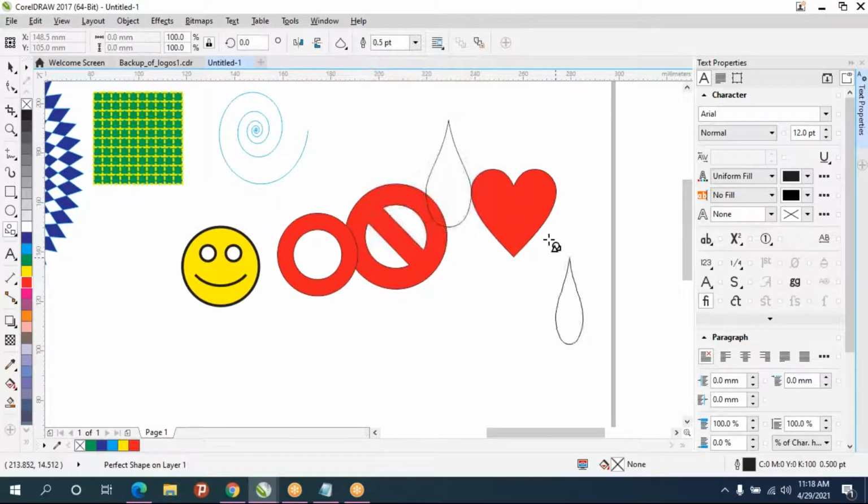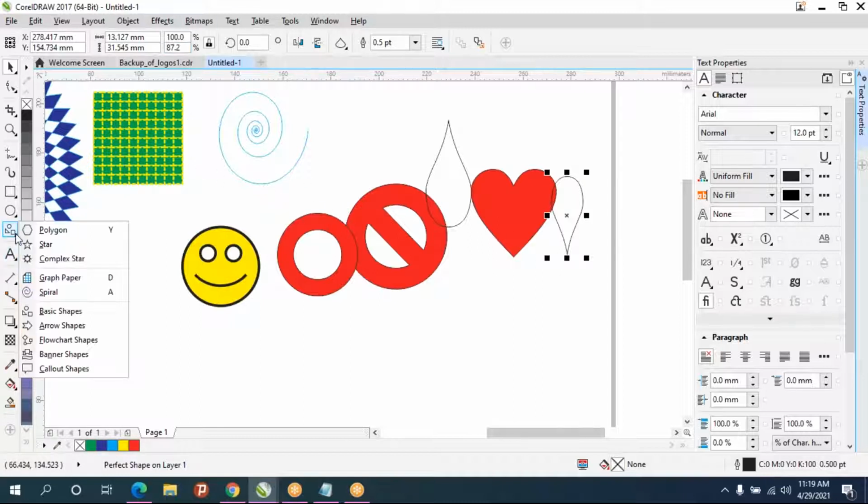We can make this as water drop, or else if you flip this, it will become location symbol. So like that, some basic shapes will be there.